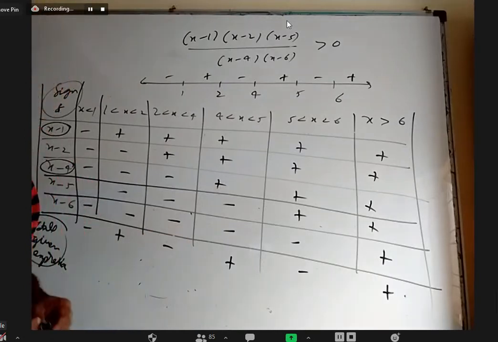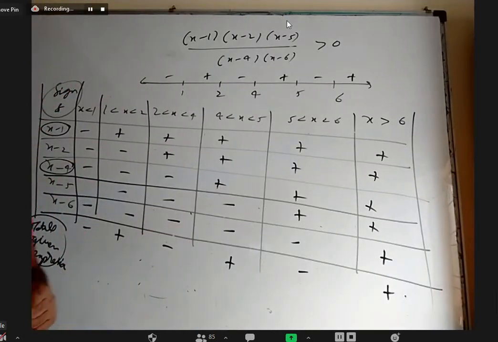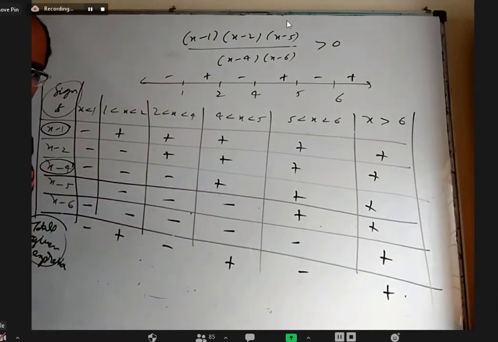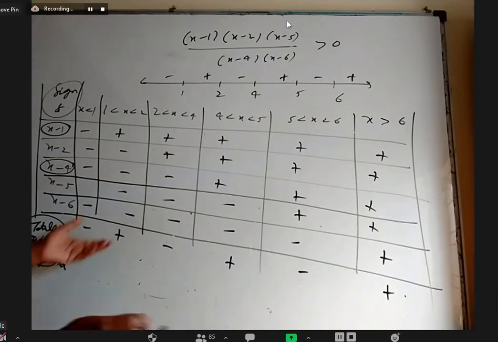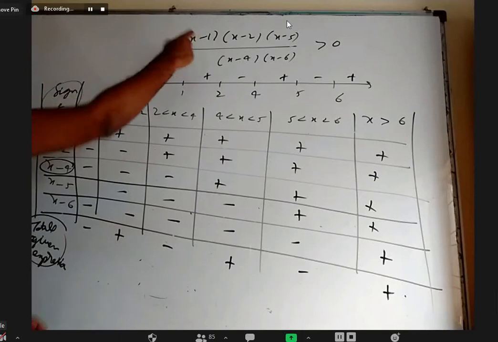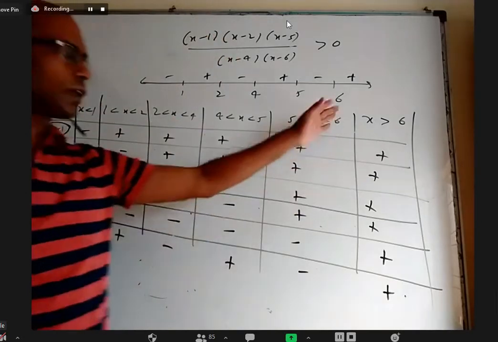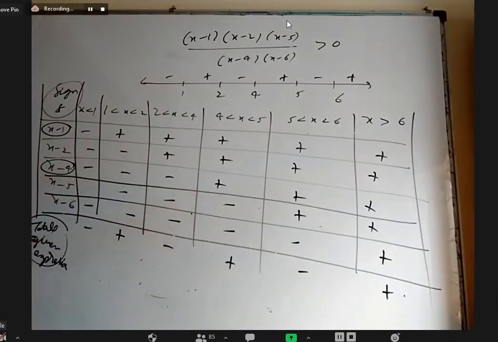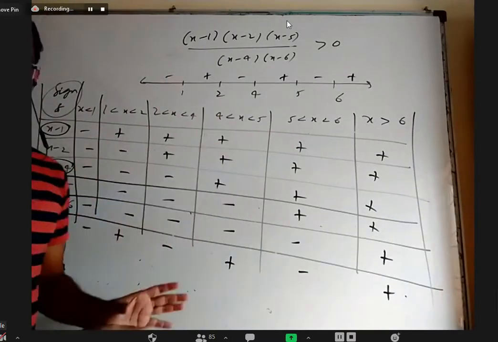Is the logic clear to everyone? Sir, can you say again? First, is this table clear to everyone? Yes, sir. Okay. That is very simple, right? We are just deciding for each one when it is positive, when it is negative. When you multiply 5 positives, it will be positive. When you multiply 4 positives and 1 negative, it will be negative. That is very easy.